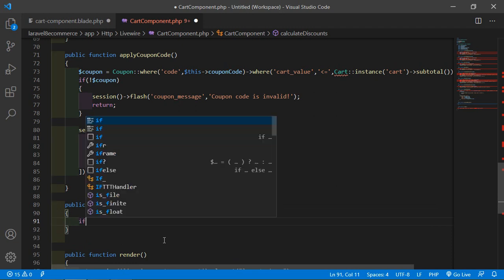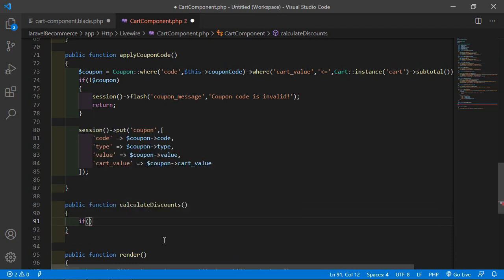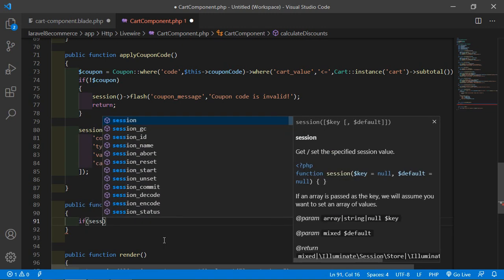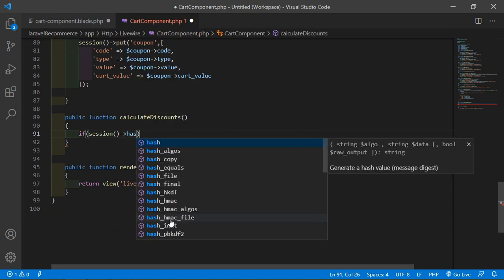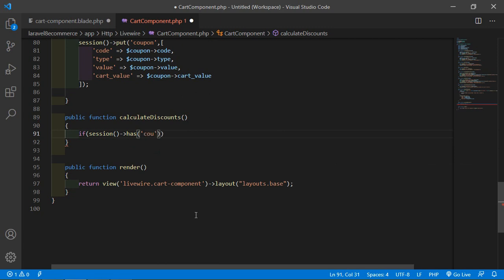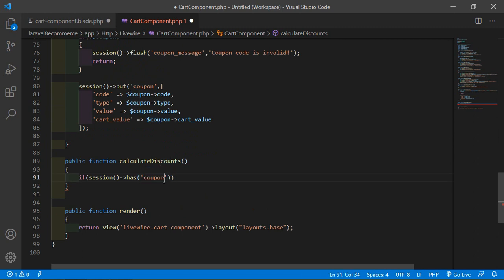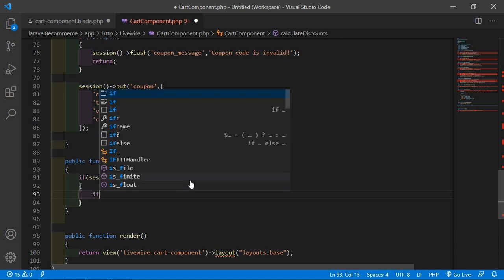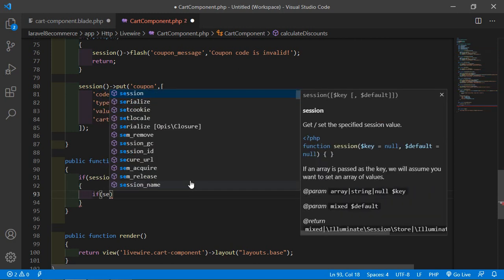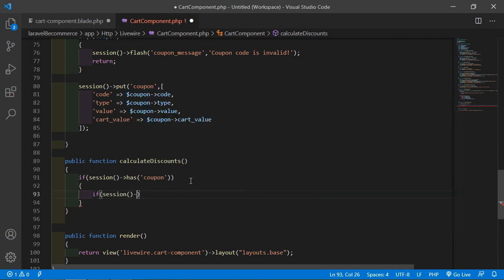And inside this function, first of all add here the if condition, if session has, add here the key coupon, this key, then inside this add one more if condition, if session get, add the key coupon type is equal to fixed.